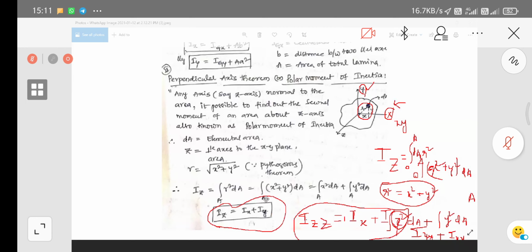In the parallel axis theorem, we assume a parallel axis to the reference axis. In the perpendicular axis theorem, we assume a perpendicular axis to some reference axis, and we find the remaining required steps to find the moment of inertia. These are two very important formulas, very useful in finding moment of inertia in the coming classes.